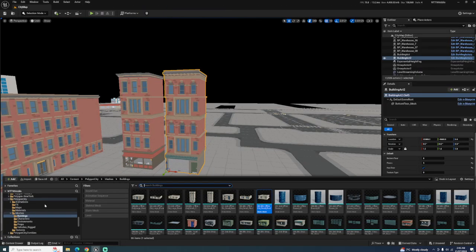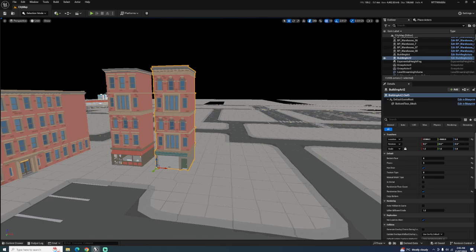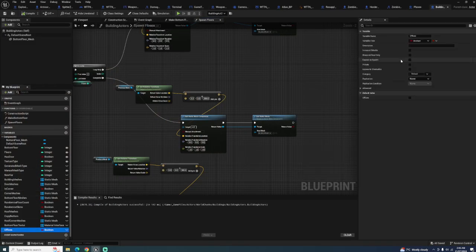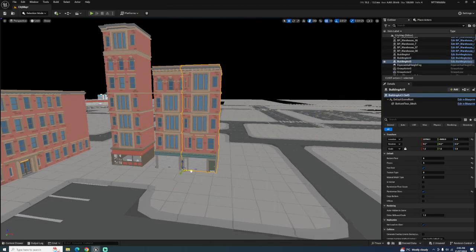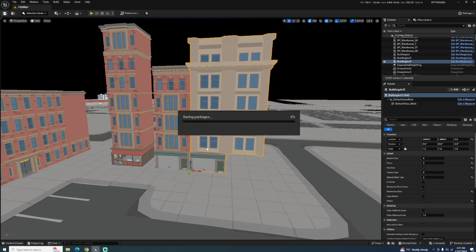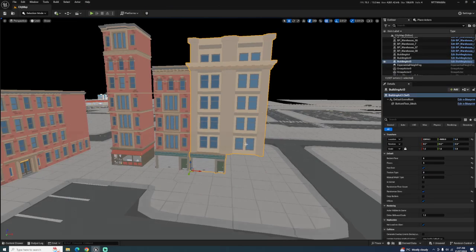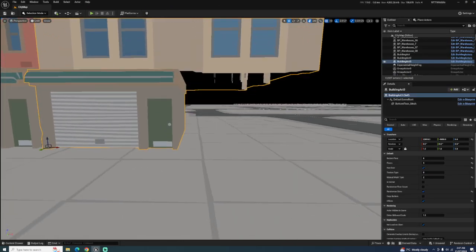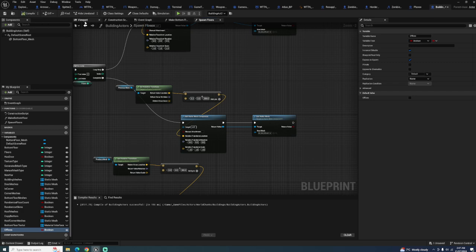Okay, so now what we're going to do is we're going to say if this is an office, which I did not allow myself to do. Expose and spawn, instance editable. Okay, so we'll make a different one over here, and this one I want to be an office building. Okay, that's fine, that's fine. If it's an office building, these are lining up fine. That's fine. All I want to do is